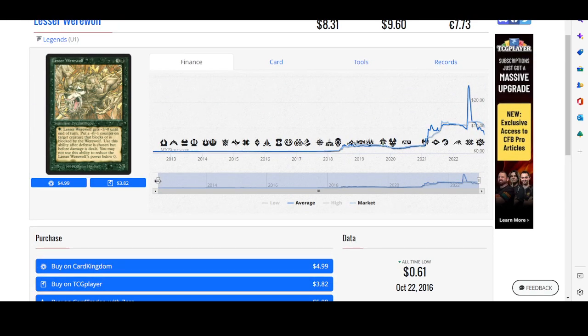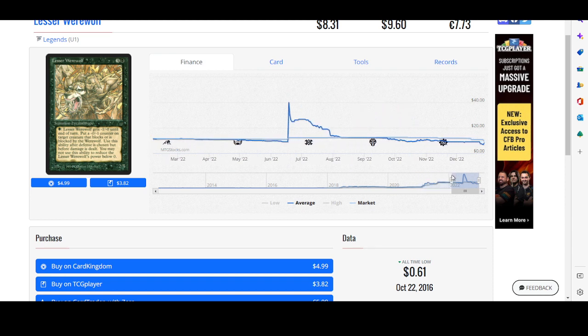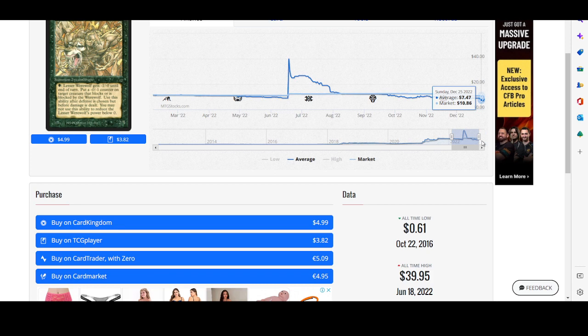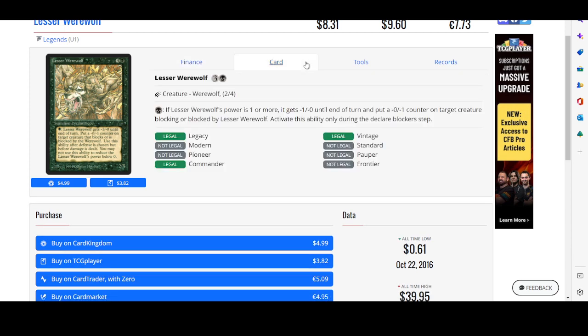So Lesser Werewolf is from Legends, but it's moving very, very lightly, and it's already a pretty expensive card. Even TCGplayer says $388. For what it is, not that impressive. What does it do? It's a 2/4 for 4 mana. Pay 1 black. Oh, no, sorry. If Lesser Werewolf's power is 1 or more, it gets -1/-0 until end of turn, and